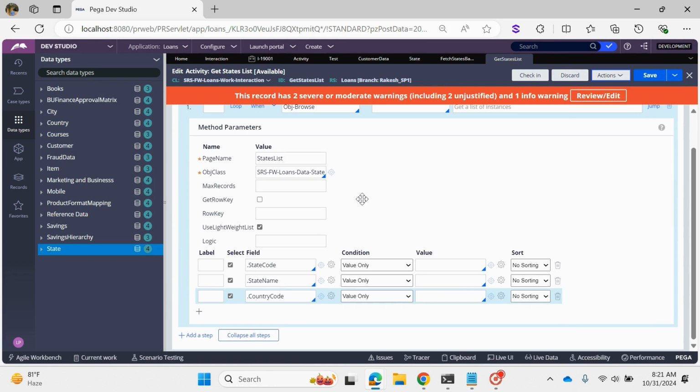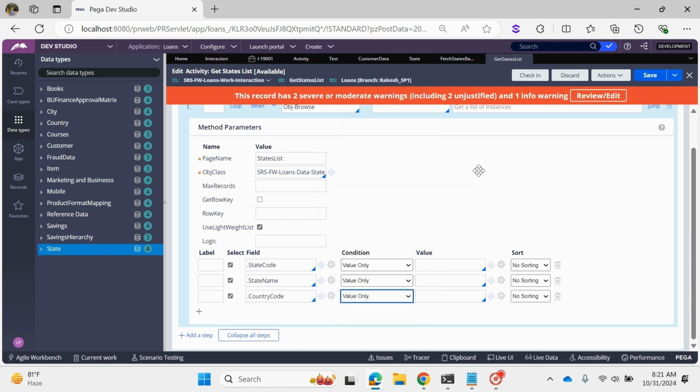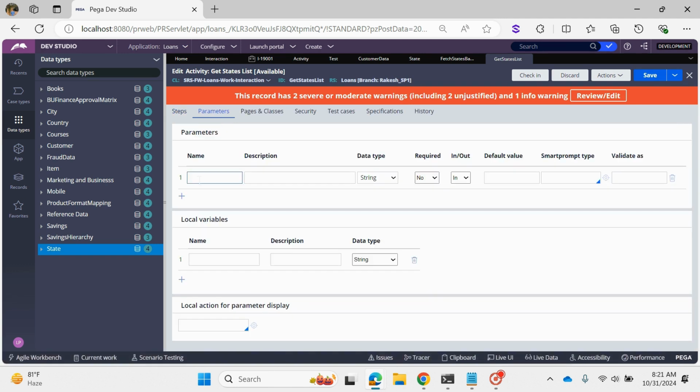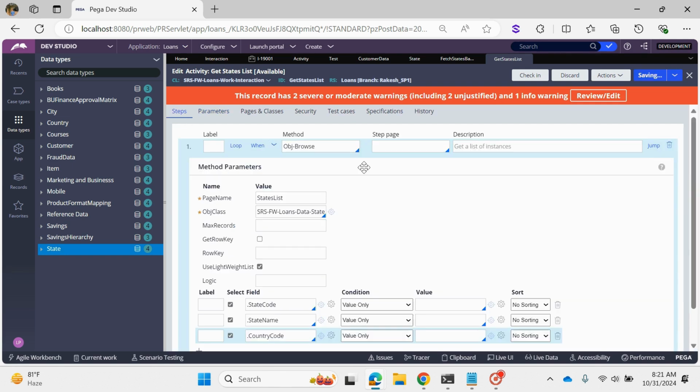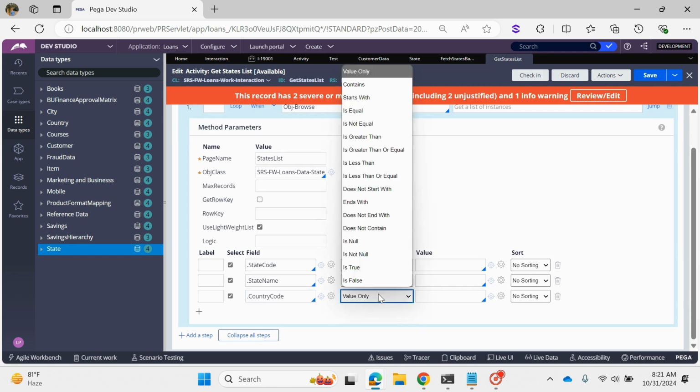Now we need to show the filter condition, right? We need to maintain the results based on the country. So here we can take parameters. Whenever the country code is given, we can maintain the parameter here. If you want to maintain a parameter, you need to go to the Parameters tab, same as in a report definition. I want to maintain country CD, so let's say my parameter is country CD. Let's save this one. Here you can pass: whenever the country code is equal to